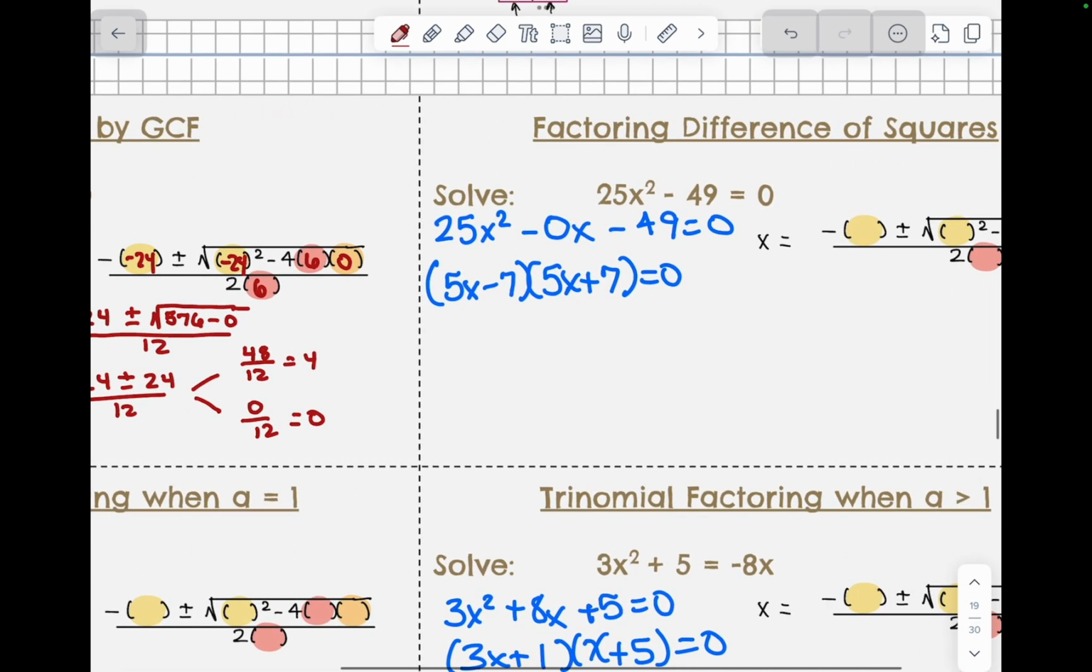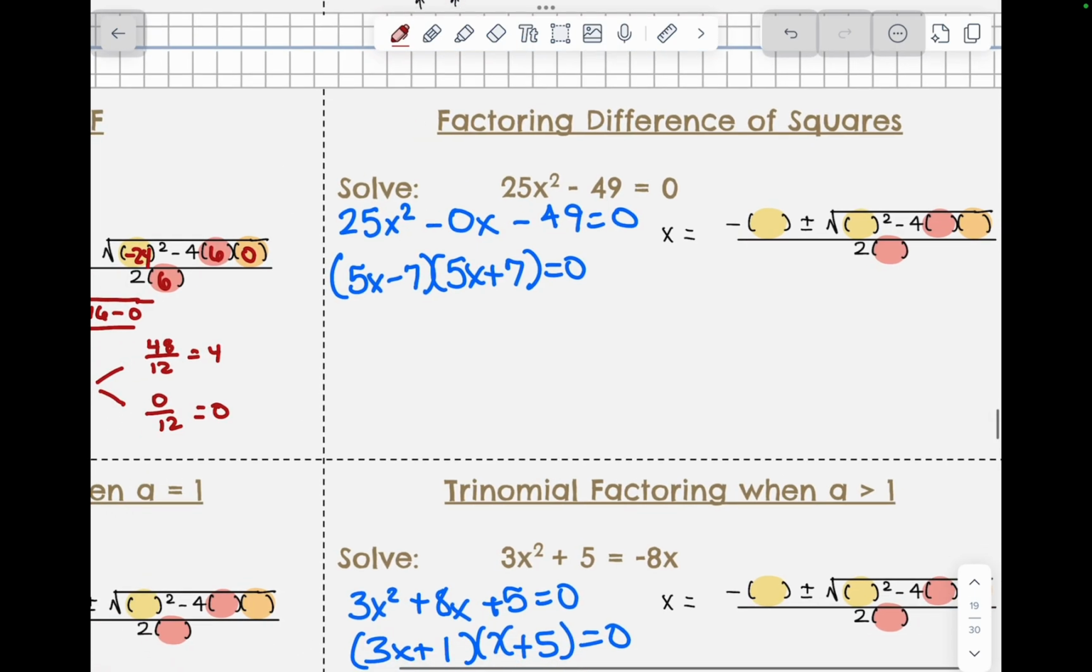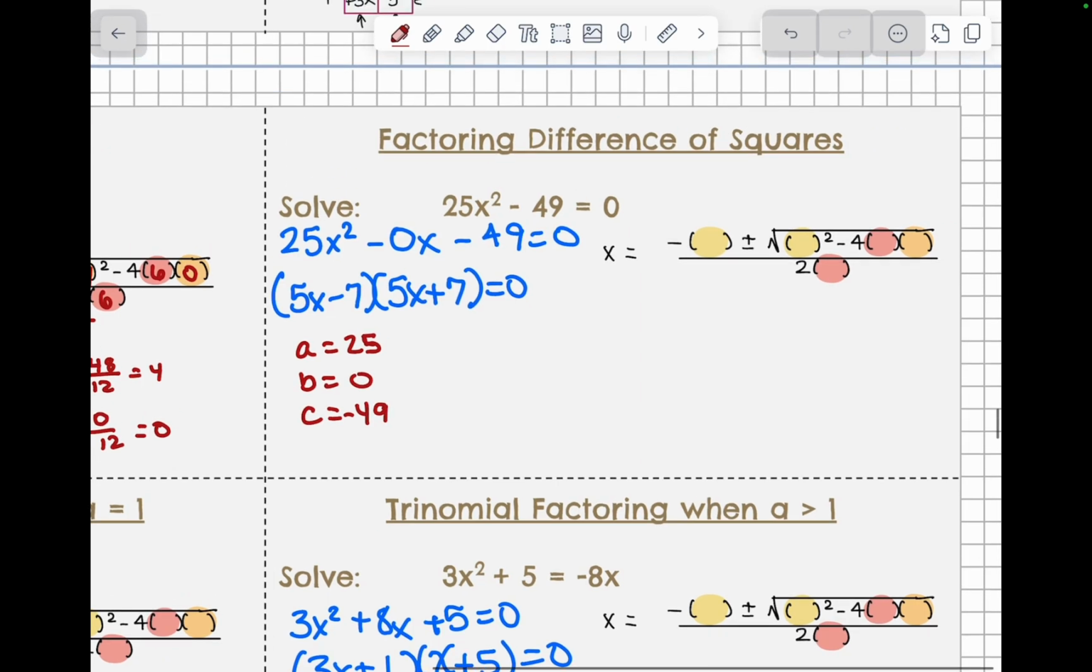Now we're going to move over to difference of squares. Suppose you can't factor a difference of squares. You can use the quadratic formula with A equal to 25, B equal to 0, and C equal to negative 49. So then 0 goes in place of B, 25 goes in place of A, and negative 49 goes in place of C. So we end up with x equals 0 plus or minus the square root of 25 times 49 times 4